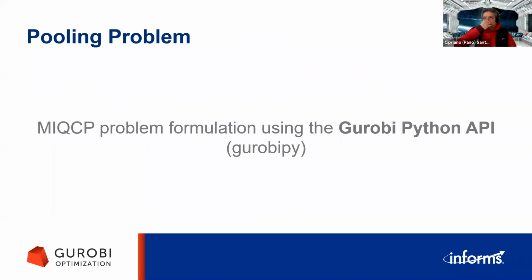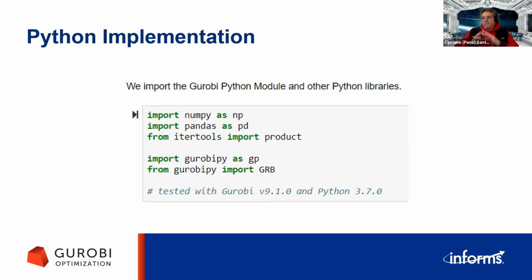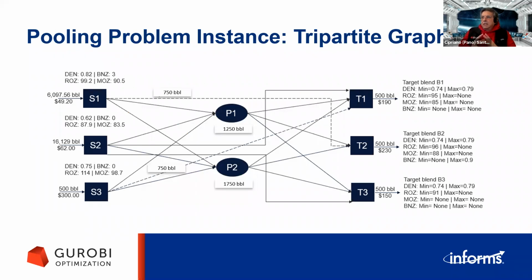So this is a mixed integer quadratically constrained problem that we are going to formulate using the Gurobi Python API. Again, first the code needs to import the Gurobi Python module and other Python libraries. And the particular instance that we are going to formulate using the Gurobi Python API is as follows. We are going to consider a tripartite graph that has 3 source nodes, S1, S2, and